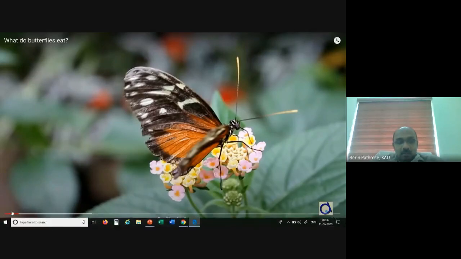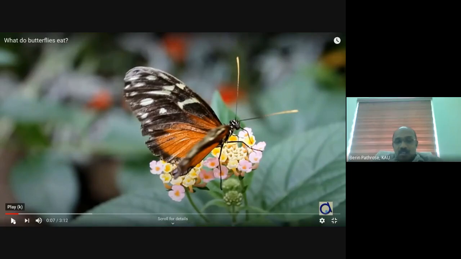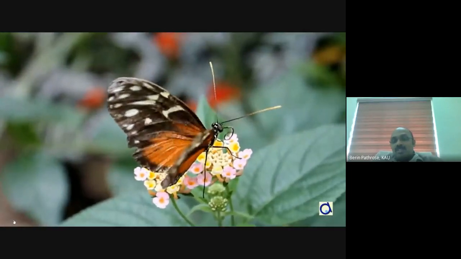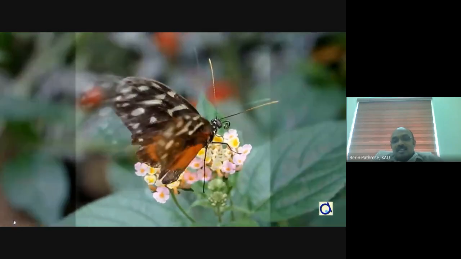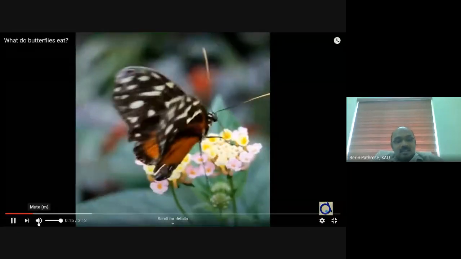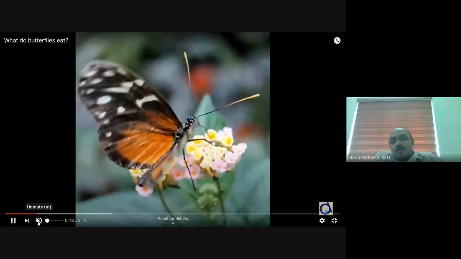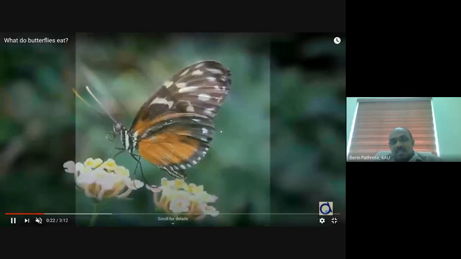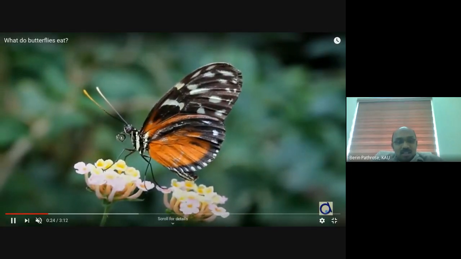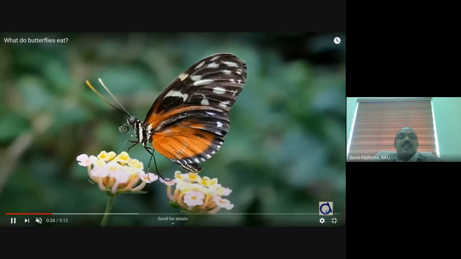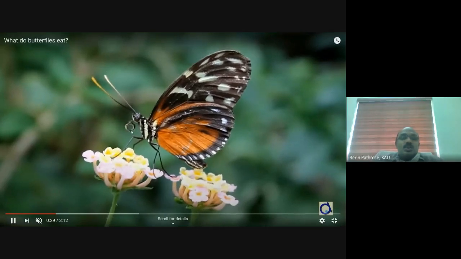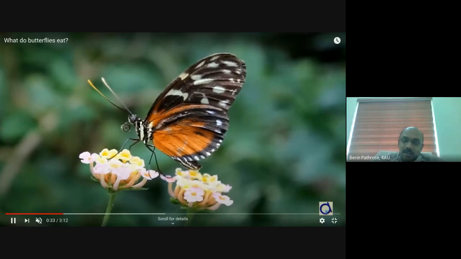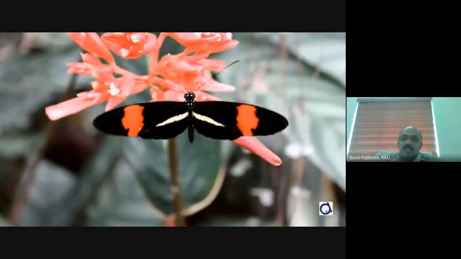And once the proboscis is taken back, watch this video closely. See how much elongated the proboscis is. See the proboscis, it is inserted into the flower, sucking the nectar, and when it is not in use, it is coiled back and kept under the head and thorax. So this is how a simple mouth modification of butterflies looks like.